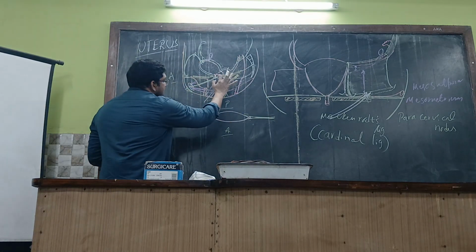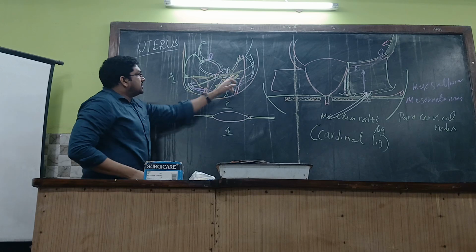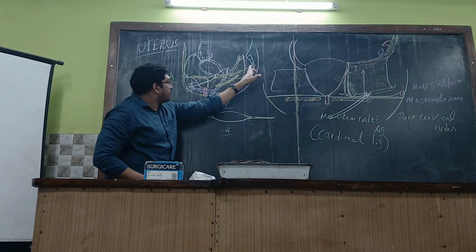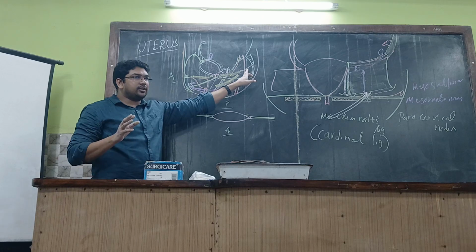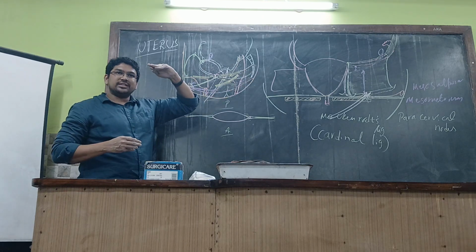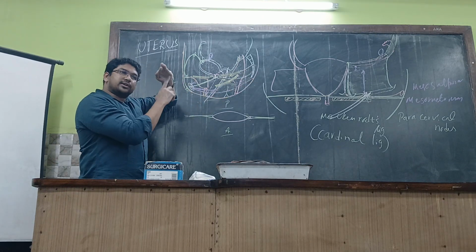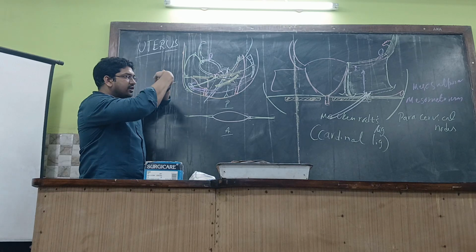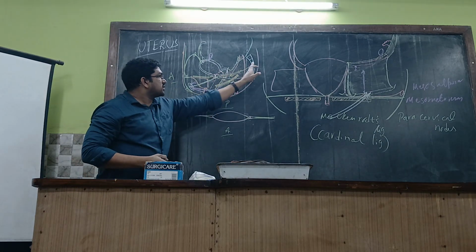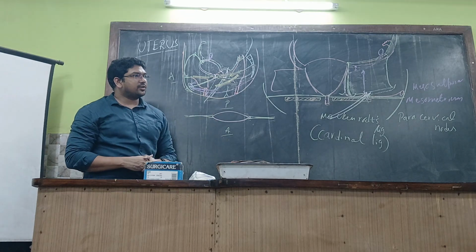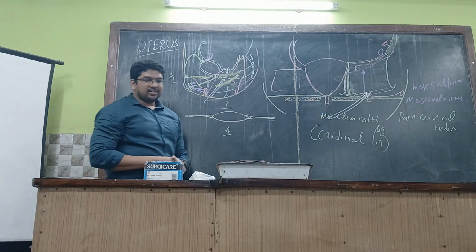Whenever these are running over here, you can see that the sacro-cervical ligaments are running just beneath these folds. Getting it or not? For example, the peritoneal folds are going in this manner, that means the recto-uterine folds. Beneath the recto-uterine folds is the cervico... what is that? Uterosacral ligament over here. Could you understand or not? No? For example,